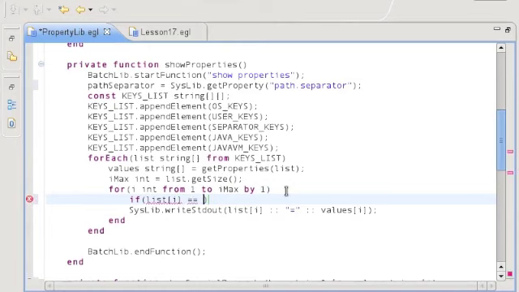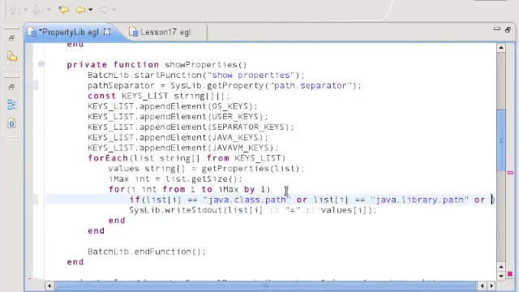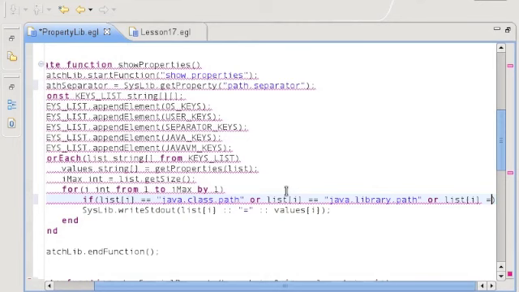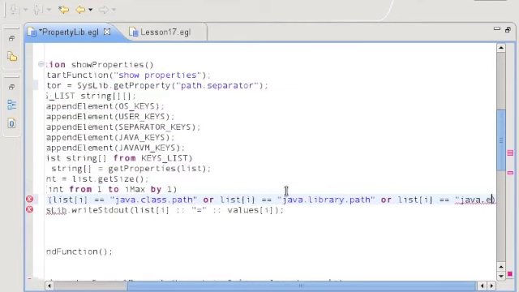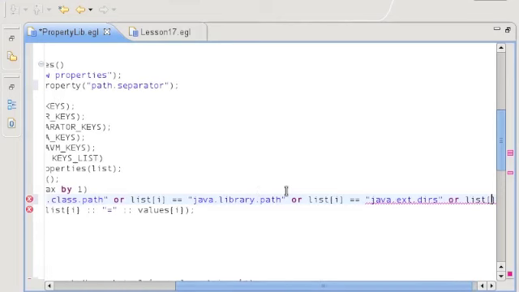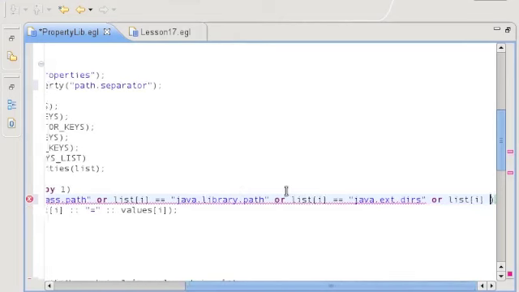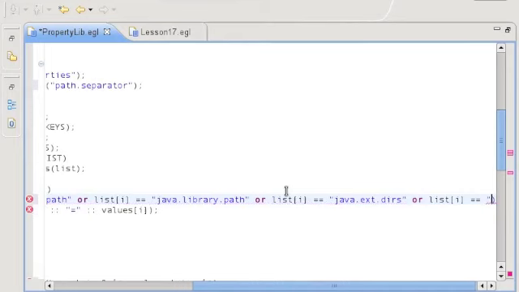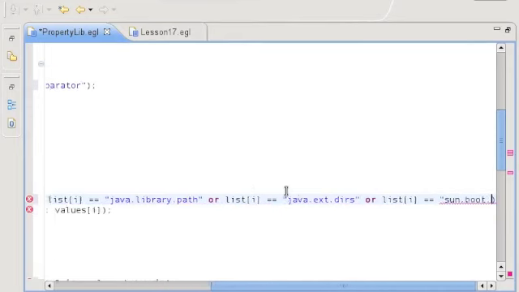Now, normally what we would want to do, instinctively what we would try to do is say if list I is equal to some value, or list I is equal to some other value, because these are all the special properties that require a delimiter, or list I is equal to some other value, and we keep using list I as the thing that we're comparing to. This is how you would write it out as an if statement, but we're going to show a better way to do this, a more efficient way to do this in EGL,